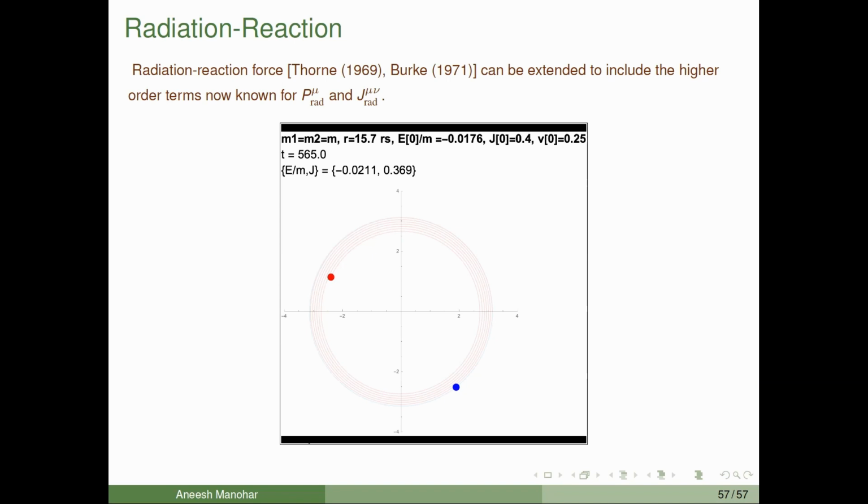And here he just plotted what happens in a circular orbit. If you don't have any radiation reaction, of course, you just keep going in the circular orbit. The red dot is what happens if you include radiation reaction. And of course, the thing inspirals. And if you notice what is happening, the red dot is ahead of the blue dot. And that's because in gravitational systems, when you lose energy, things move faster because of the minus sign between total energy and kinetic energy. And so this is a numeric set starting at an initial radius, which was 15